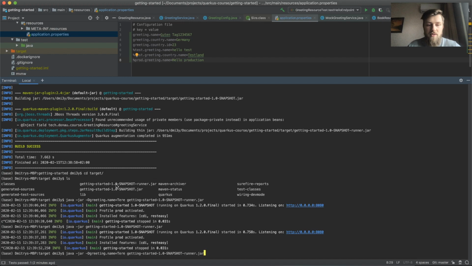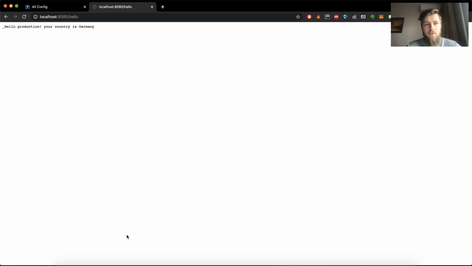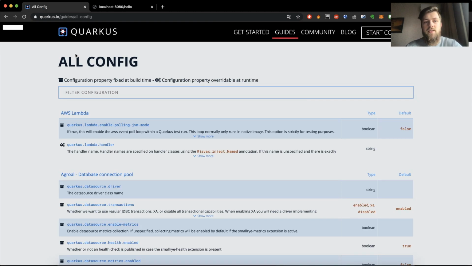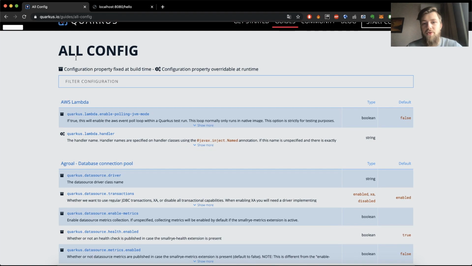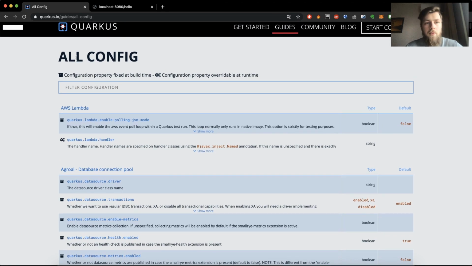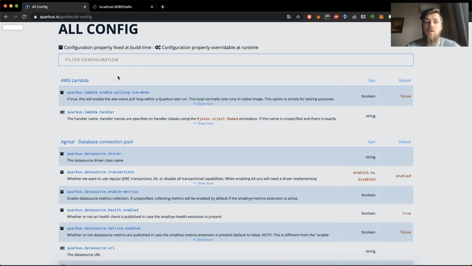Of course, if you specify greeting name right in the parameters, it will override the one in the application properties. So now you know how to configure your application and make it so the other developers can configure it. One thing that I forgot to specify is that there is a super beautiful thing in Quarkus called the all-config, and it contains every possible config parameter that you can have in Quarkus,